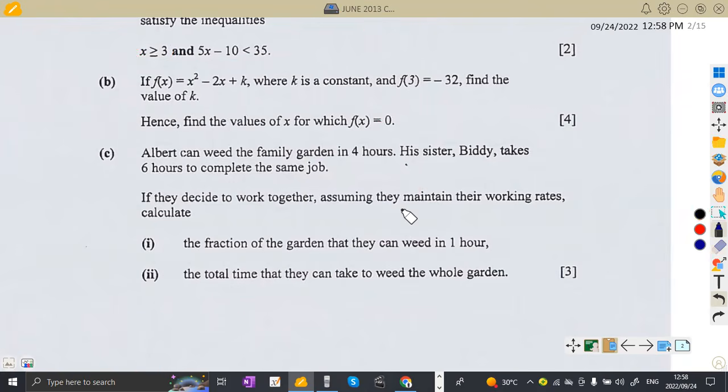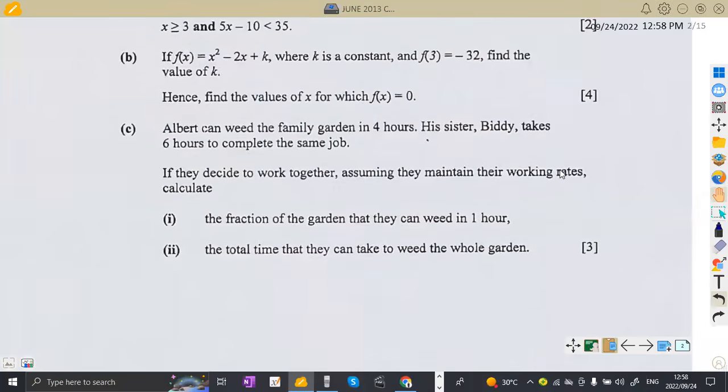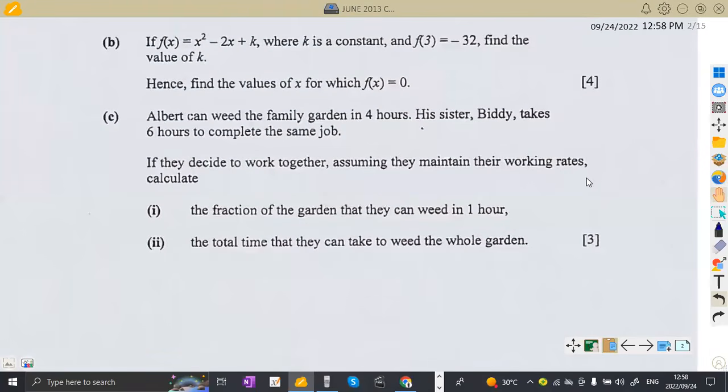B, we are given that f of x is given by x squared minus 2x plus k, where k is a constant, and f of minus 32 is equal to k. Okay, guys, I sent you recently a video on functions. So if you never watched that video, make sure that you watch it on functions, functional notation. I explained about functions. How do you simplify, like when they say f of 3 is equal to, what does